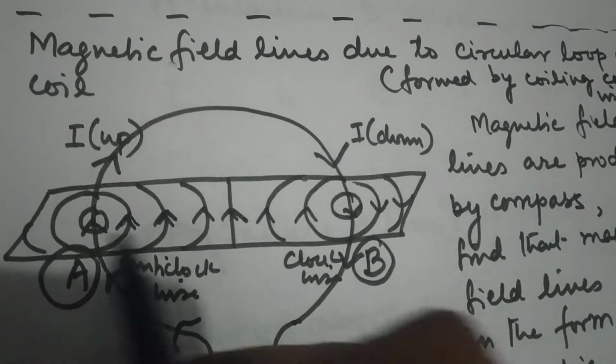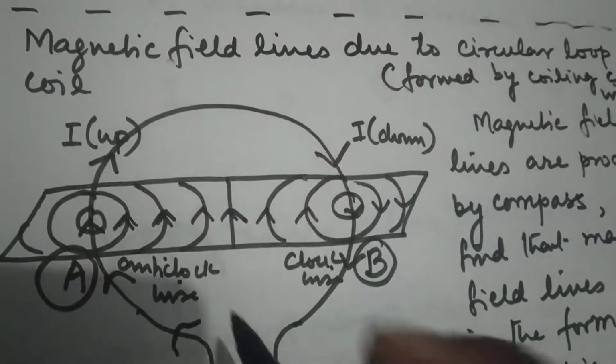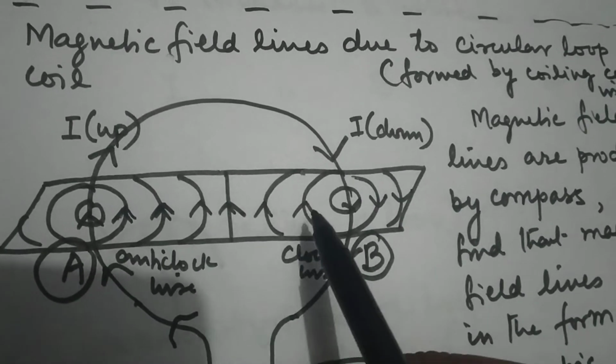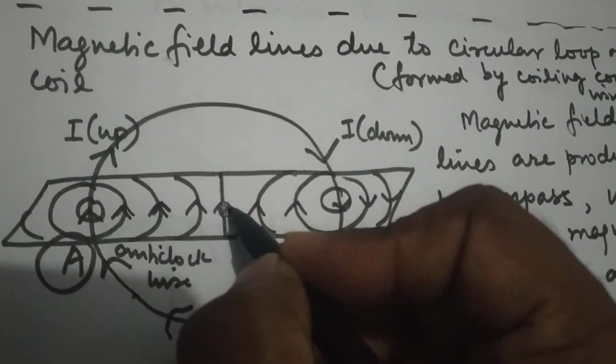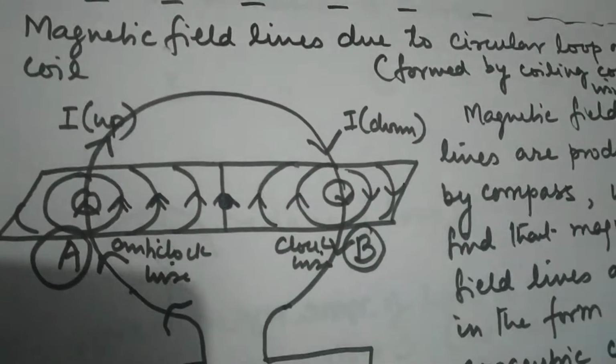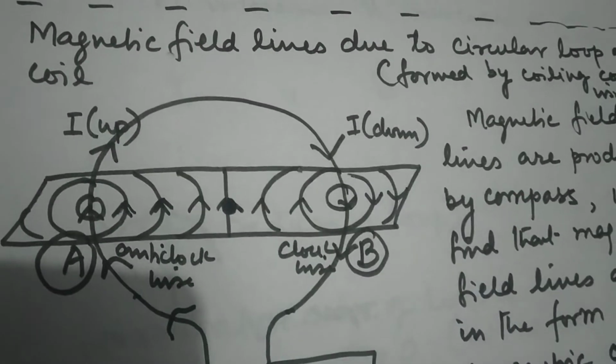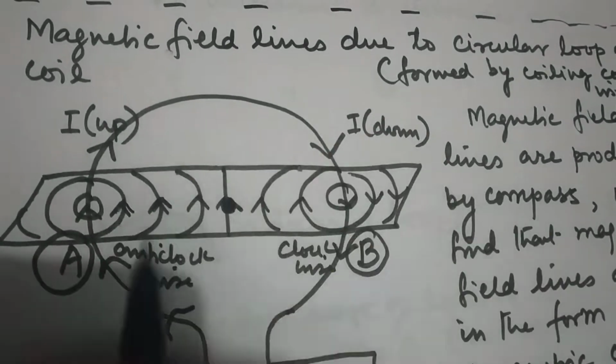It may be different here, it may be different here, but coil के अंदर जो भी आपके लाइंस बनेंगी वो लाइंस एक ही डायरेक्शन में जाने चाहिए. ये पॉइंट आपका सेंटर कहलाएगा. So this is the center of the coil which we are making, and this direction should be followed.